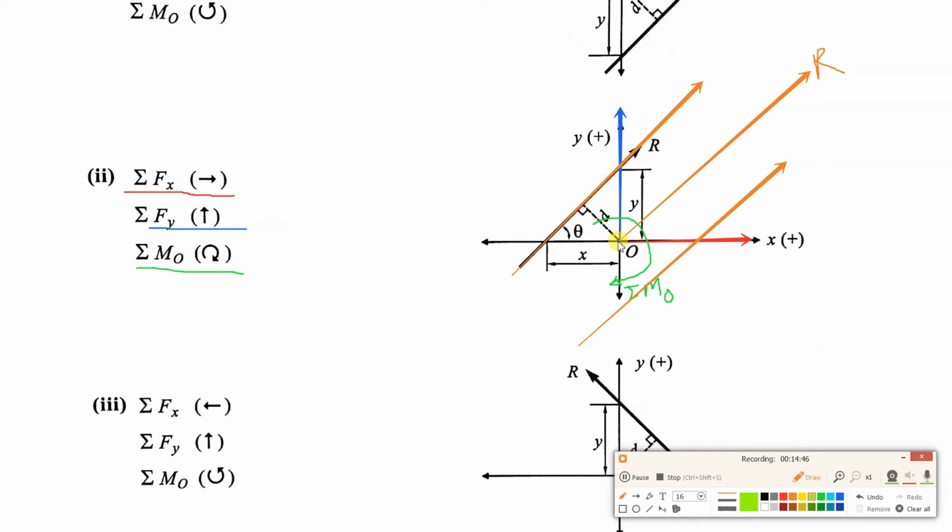So what you have to do? Keep your thumb at point O, keep your index finger, suppose we are considering first force as this bottom one. Keep your index finger on this force and rotate your index finger in the direction of force, it is anti-clockwise. But the moment which we calculated, summation of moment about O, is clockwise. So this will not be the answer. So remove this one.